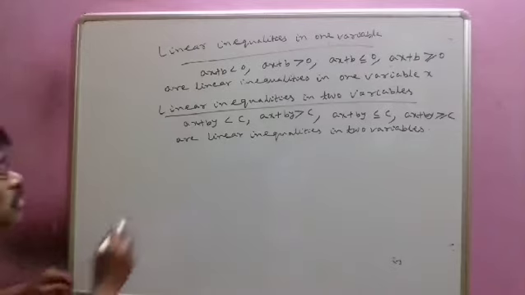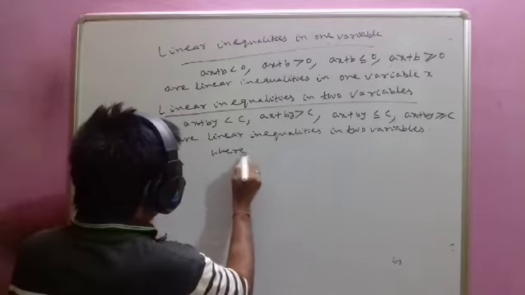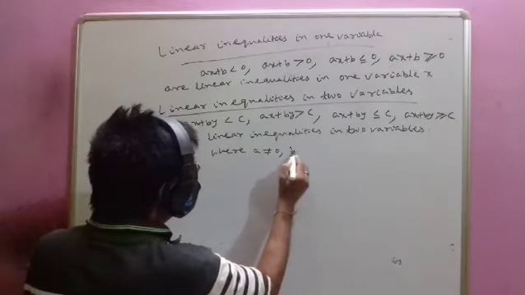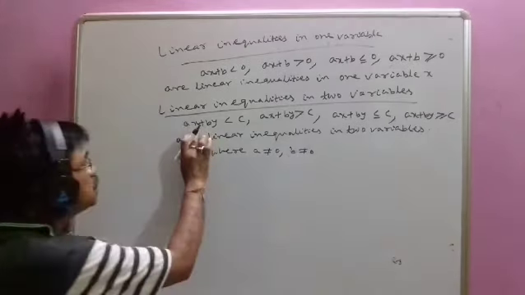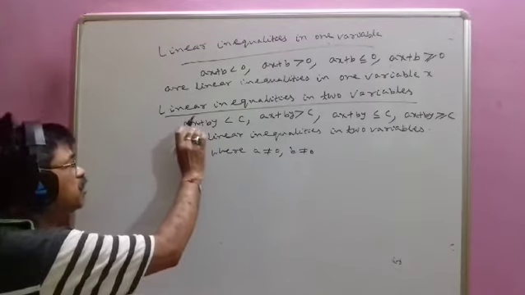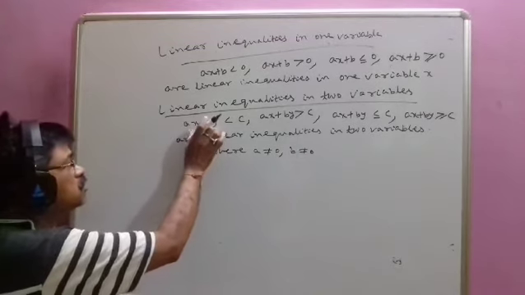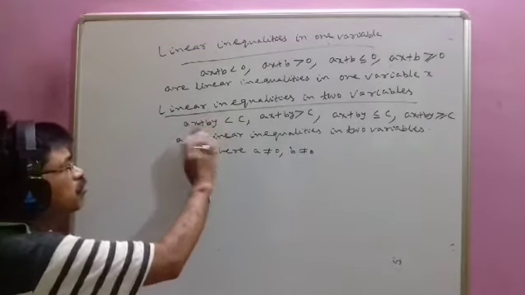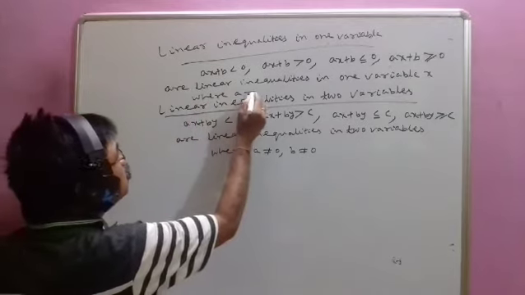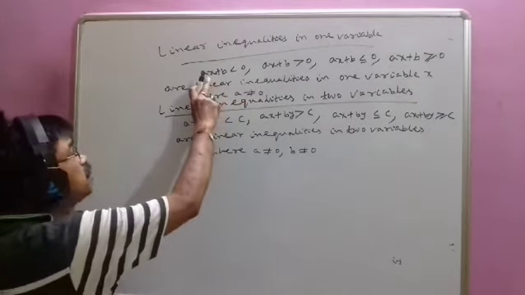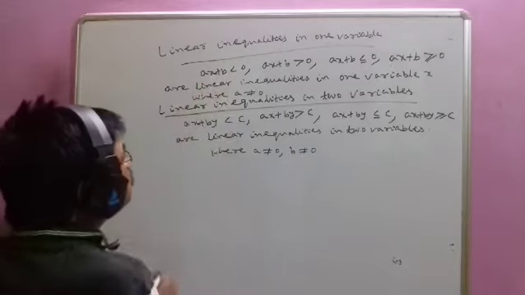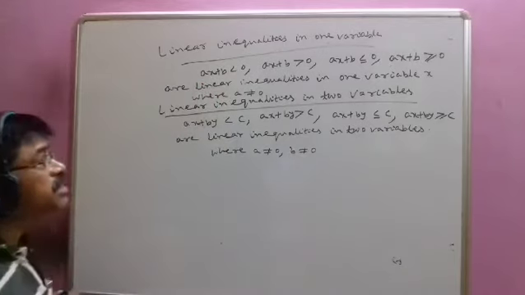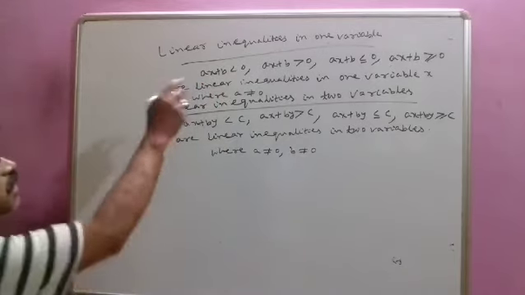So here a, b not 0, mind you, because suppose a is 0, b is 0, then this term vanishes. If a is 0, the x term will be 0, and 0 into y is 0. So this term vanishes. There is no xy, so no variable. And here the restriction is a not equal to 0. Because if a is 0, then 0 into x is 0, 0 plus b, so b is a constant. There is no variable. Here a, b are constants.